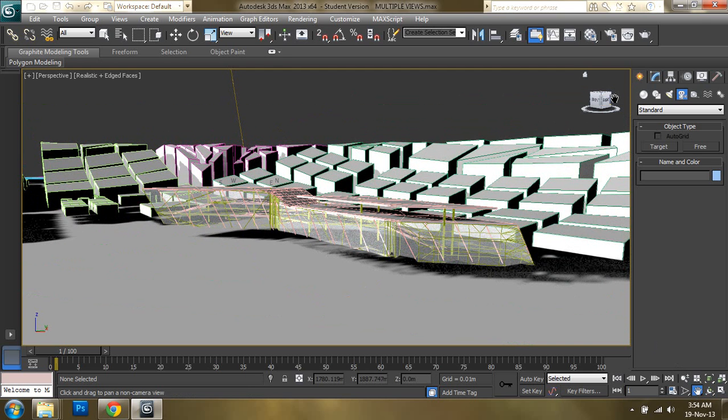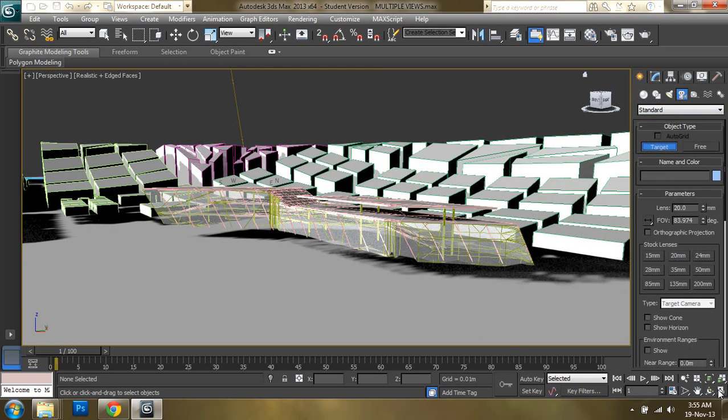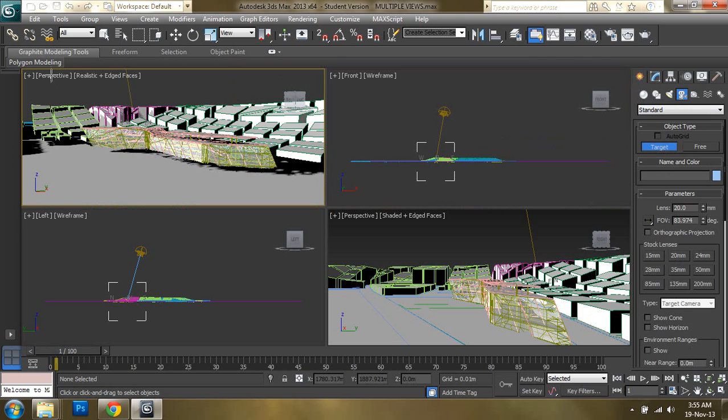This will make a lot more sense as I demonstrate throughout the video, and let's begin. So the first thing that we're going to do here is place a camera into the scene. So I'm going to go to my create panel, I'm going to select the camera and select object type as target. I'm now going to go into my plan view